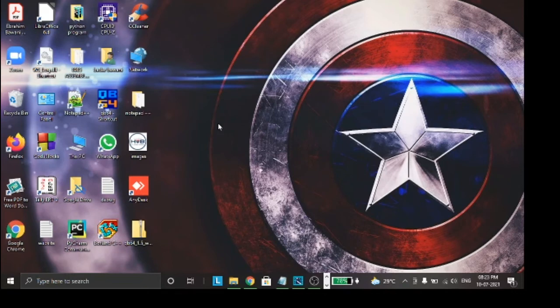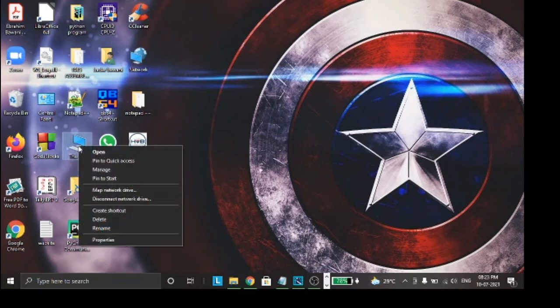To check the operating system version, you just need to go to This PC or My Computer. You will right click on it and say properties. When you go to properties, you will get a window where all the information related to your device is visible. The information of my device is visible and I can see that the system type is 64-bit. From this we can know which operating system we are using and what version it has. This is the procedure to check in your Windows computer.